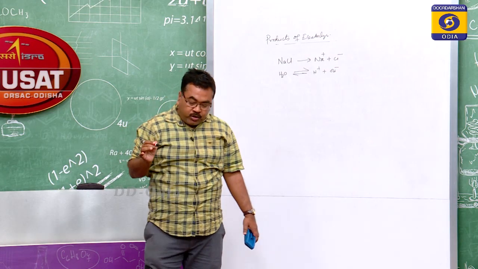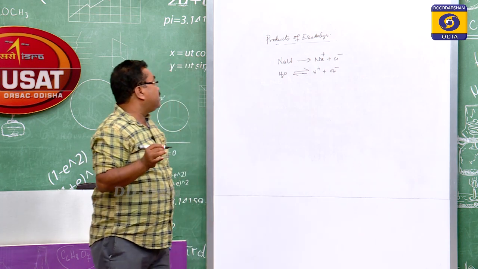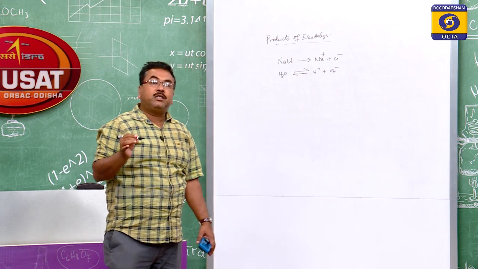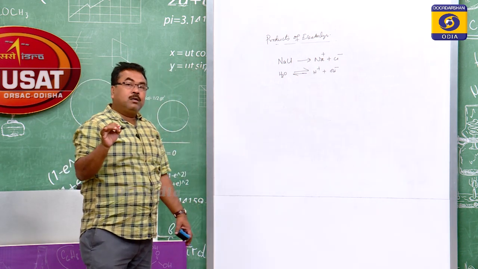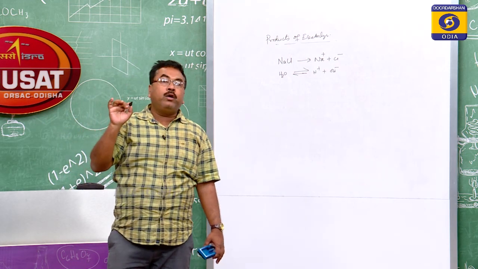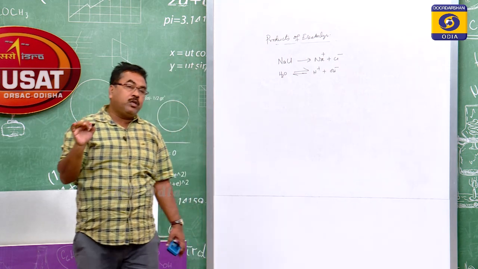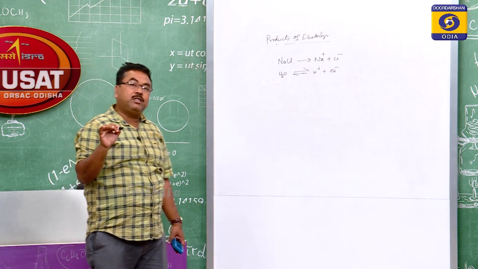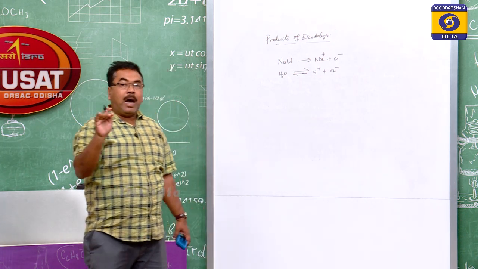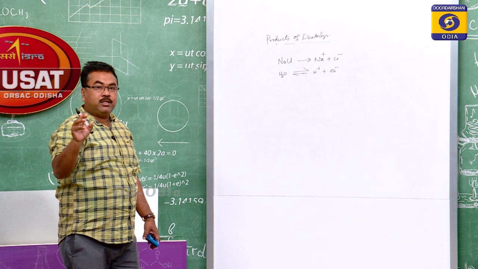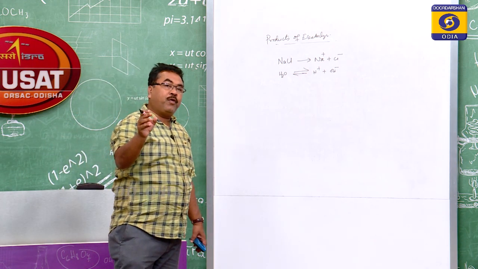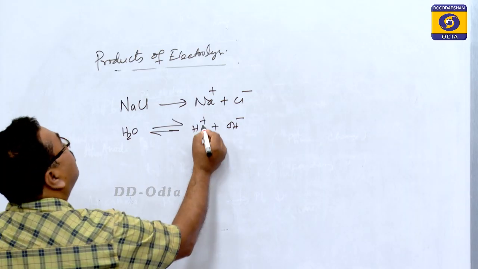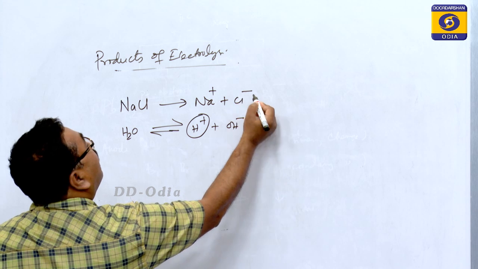There will be a competition between the 2 cations to be discharged at the cathode, and a competition between the 2 anions to be discharged at the anode. The winner will be the ion having lower discharge potential. This is according to the preferential discharge theory. According to this theory, ions requiring less potential to get discharged will be preferred over the other. So among cations and among anions, there will be a winner.